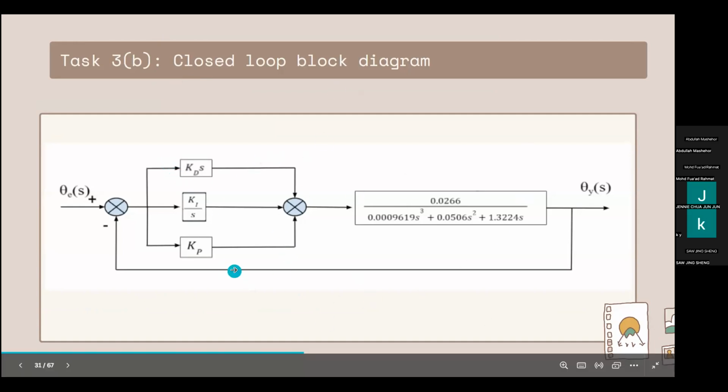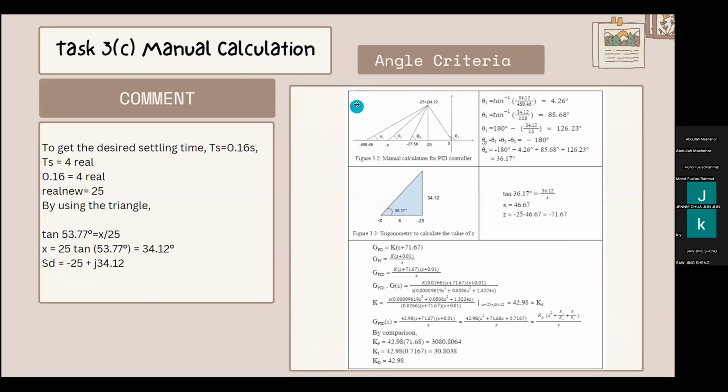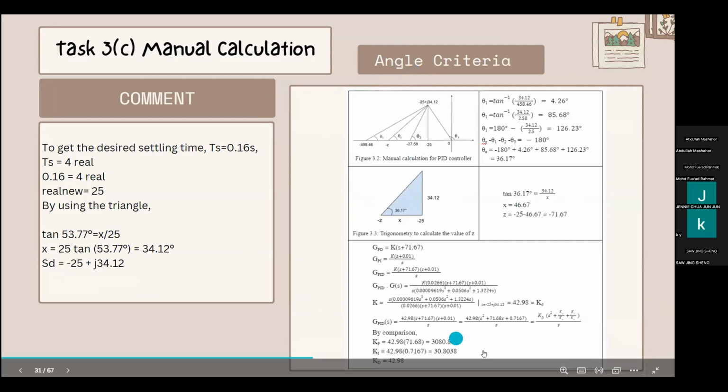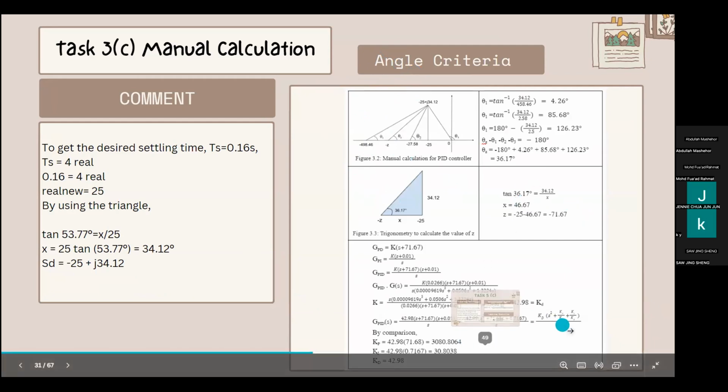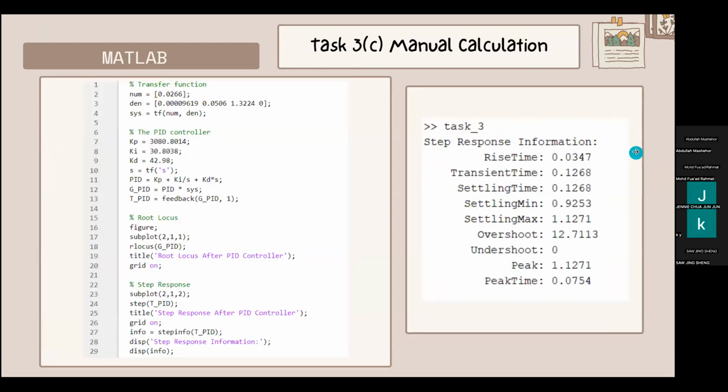Yeah, with the PID. And this one is a manual calculation, so we are using the angle criteria and also trigonometry to get the value of Z. And then we will compare with the equation to get the values of KP, KI, and KD. This one is the MATLAB code to verify our manual calculation. So you can see the step response information, the overshoot have a